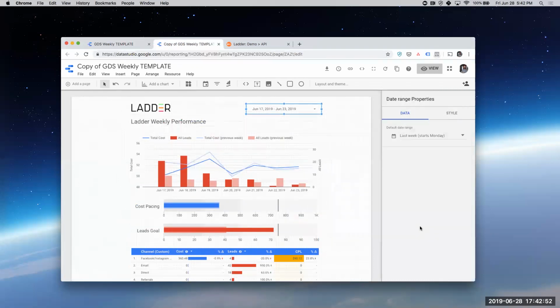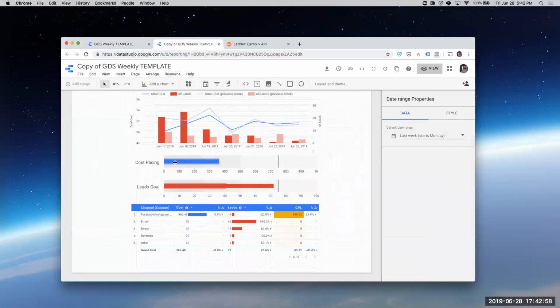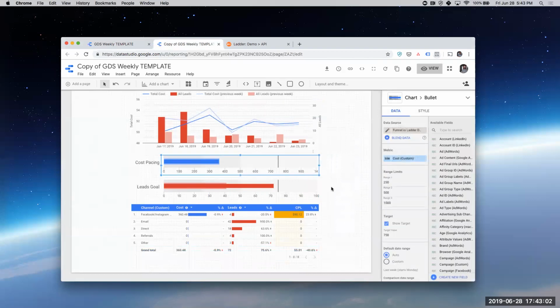You can do last 7 days if you want, but the good thing about this is the report's going to stay the same for all week. This is called a bullet chart, which is really cool. You might want to update this depending on your goals, but you can see here we've got cost pacing versus goal. If let's say your goal for spend was actually, I don't know, 500 a week,